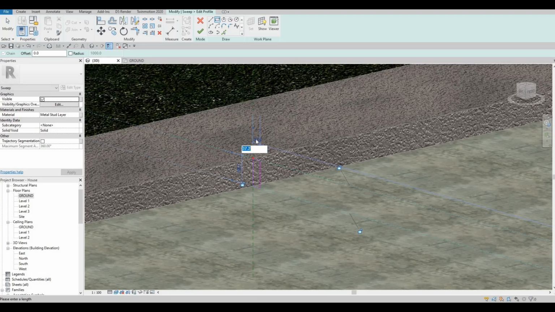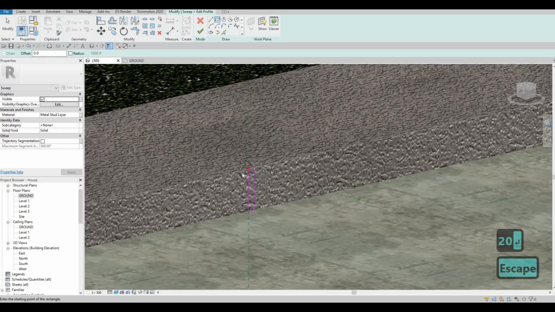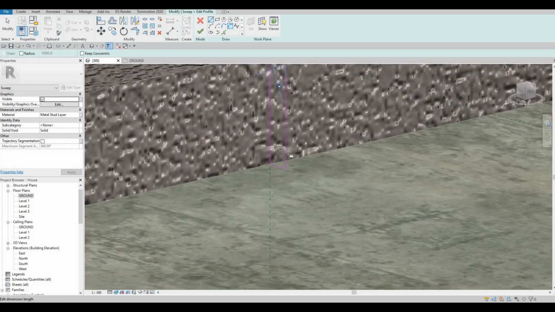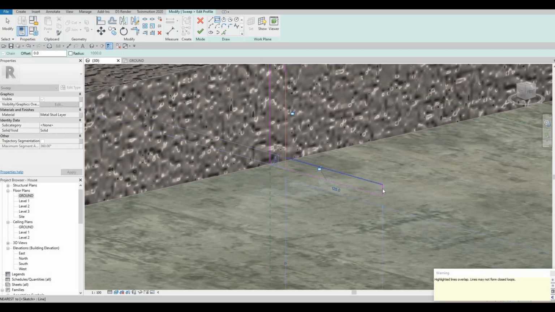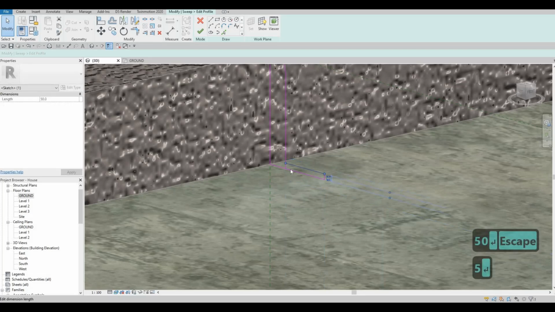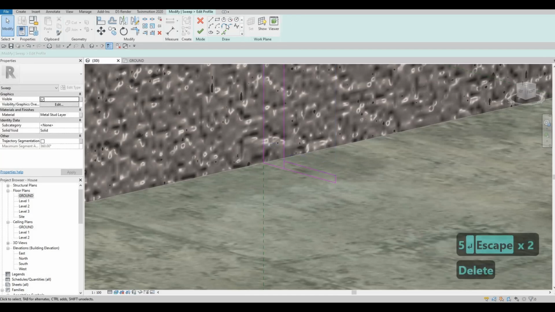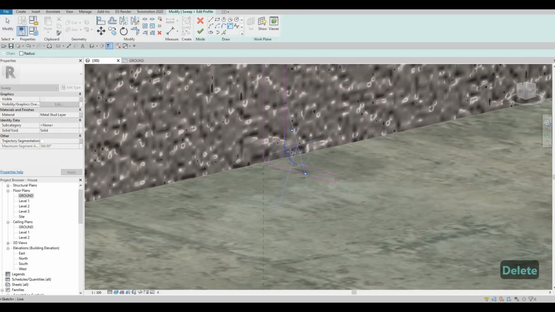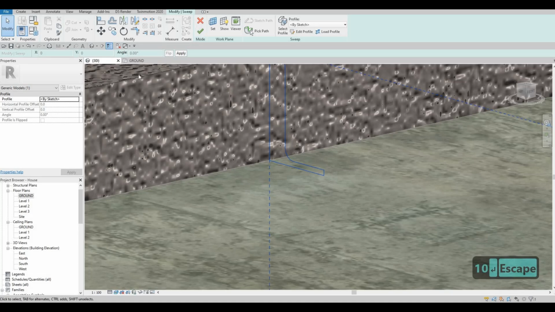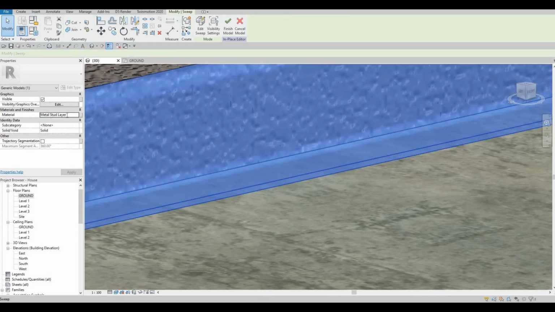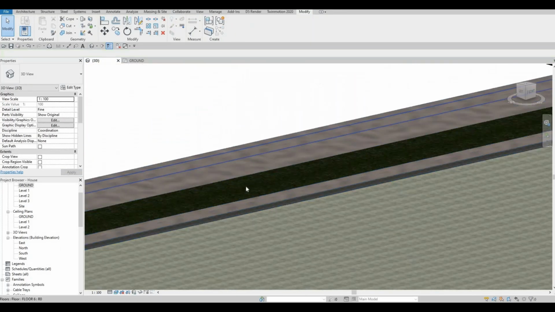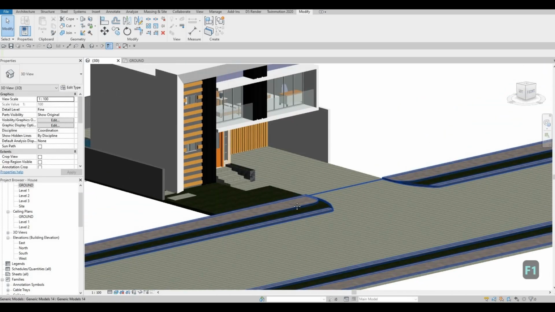So 100 by 20, and then make it round here, arc 15, and then here make it 50 by 5, delete this one, and then fillet arc this to 10, and then make this one this material, and then click apply and finish. So in the next video we're gonna add